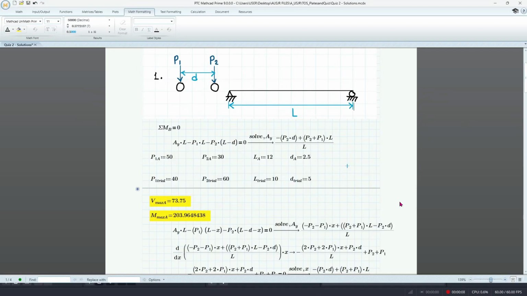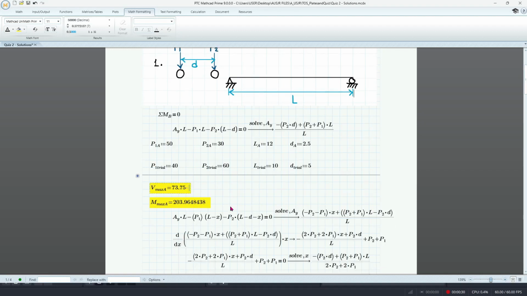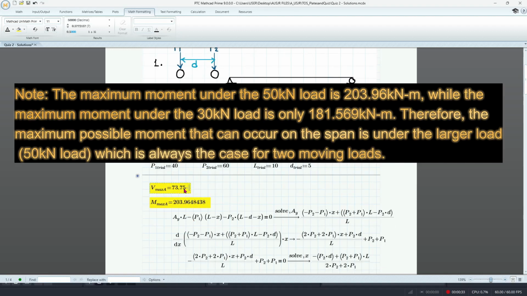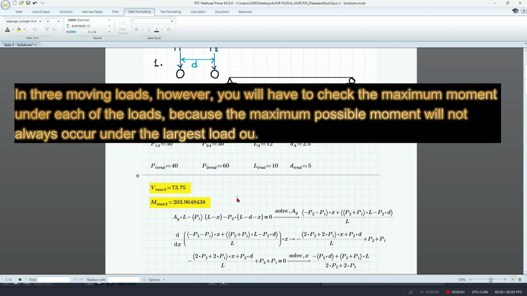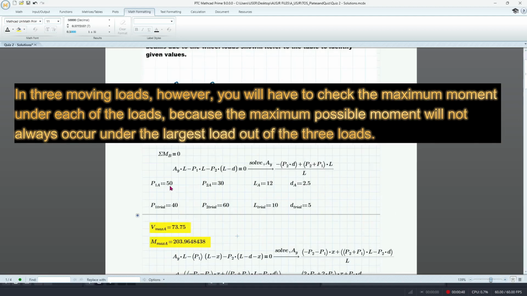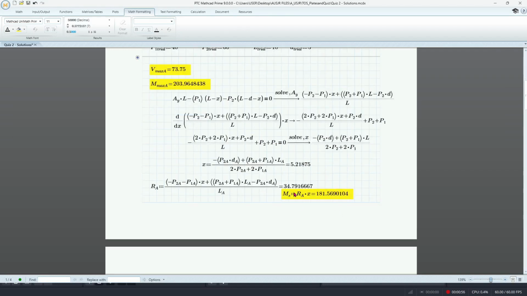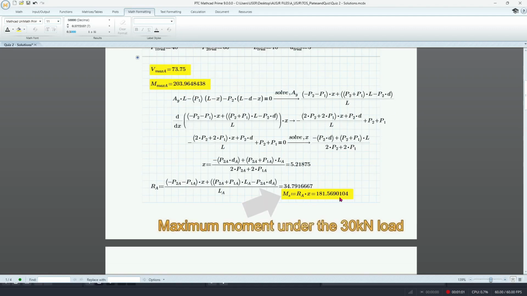Now, I actually have a program in MathCAD that will be able to check the maximum moment under a given load. Let's say we have 50 kN as the leftmost load and 30 kN as the rightmost load. As you can see here, we have 73.75 and we also have 203.96, which was our answer earlier. Now, if we change this one, let's say this is 30 and this is 50, the maximum moment will now be 181.569. This is the same as earlier, and so that's how we can verify that our answers were